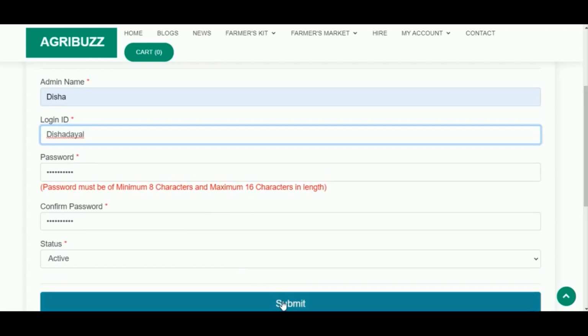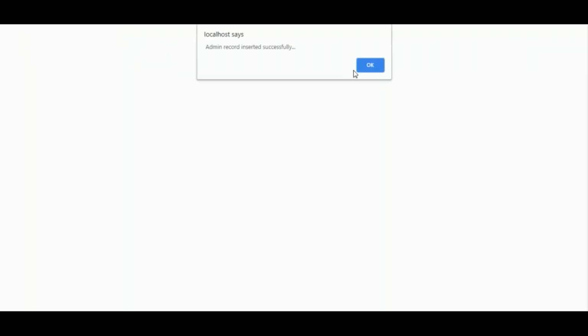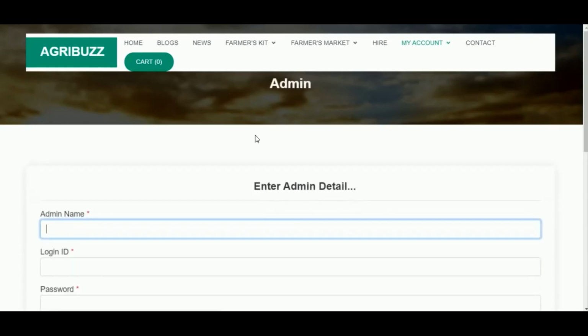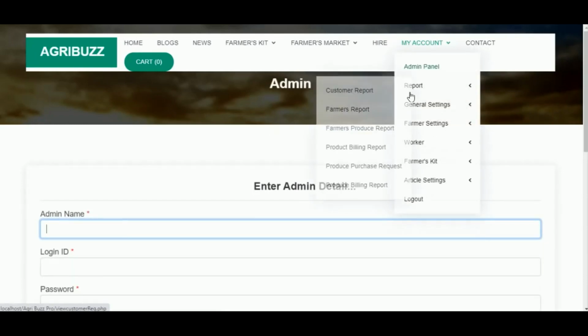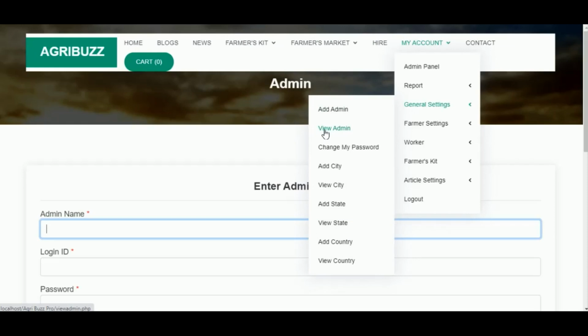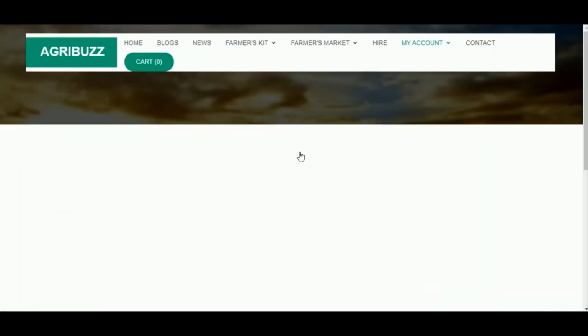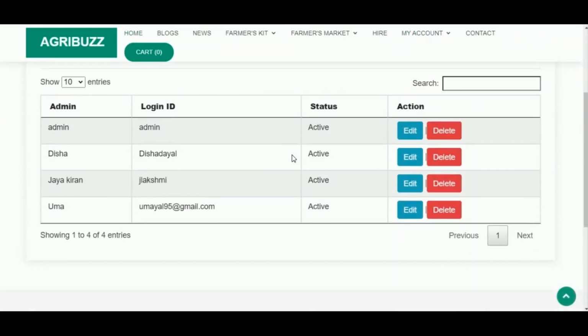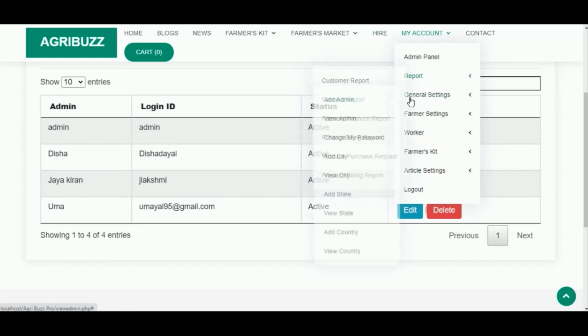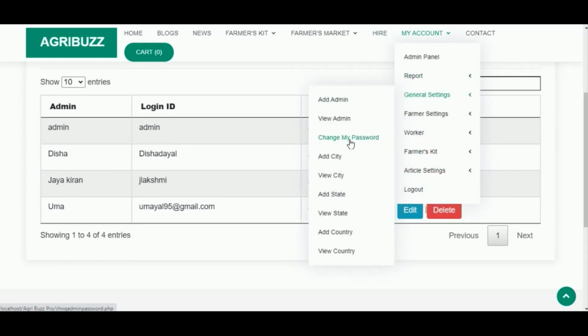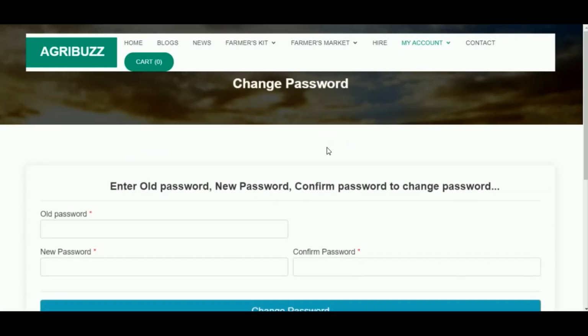Here, the login ID must contain only alphabets. Admin can view the various added admins under View Admin. They can also edit and delete the record. Admin can also change their password by mentioning the old password.